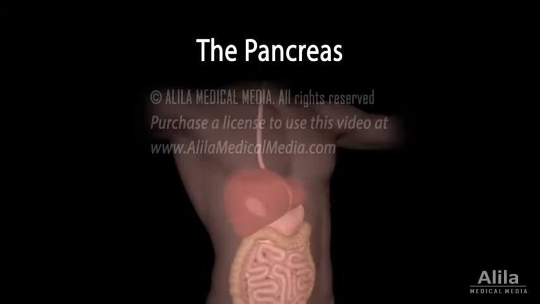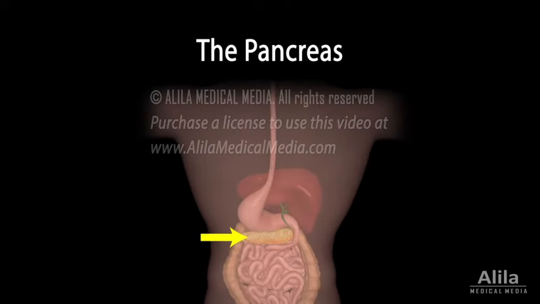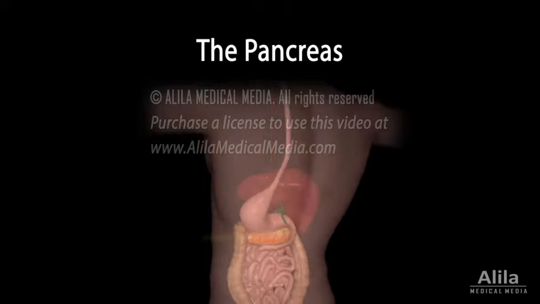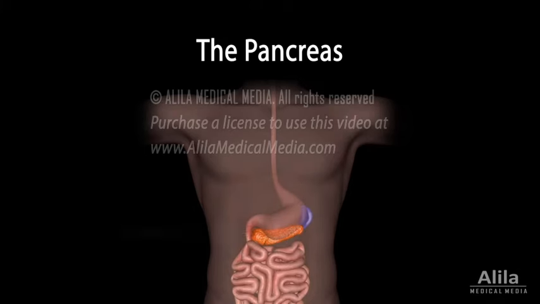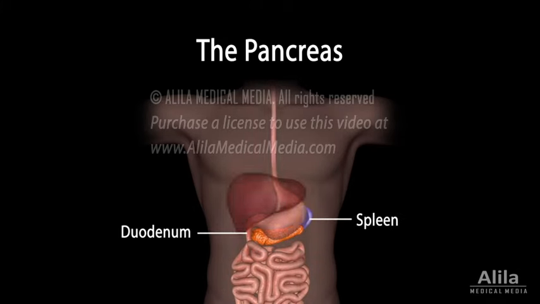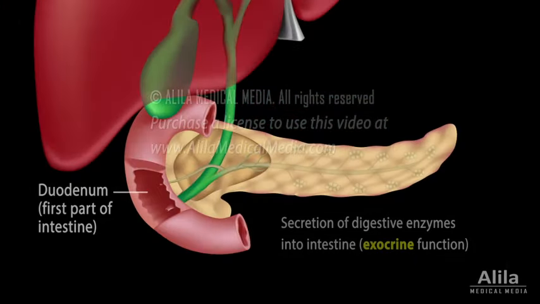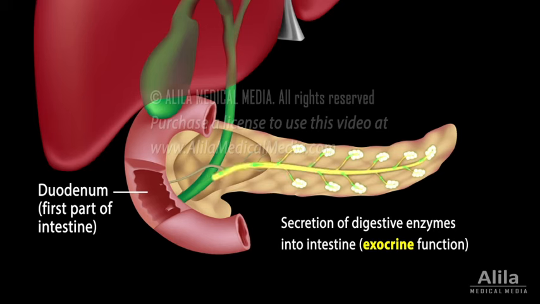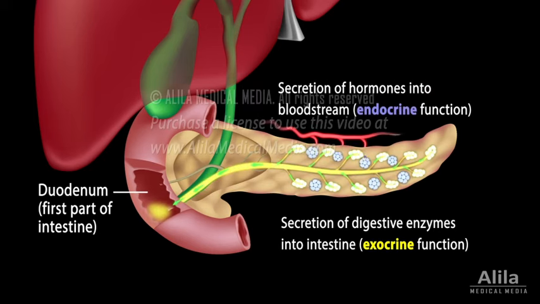The pancreas is a spongy gland located in the upper abdomen behind the stomach. It stretches horizontally from the inner curvature of the duodenum to the spleen. The pancreas is both an exocrine digestive gland and an endocrine gland. It secretes digestive enzymes into ducts that lead to the intestine and hormones into the bloodstream to regulate blood sugar